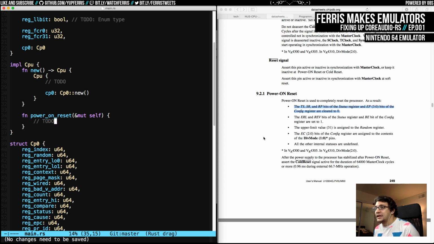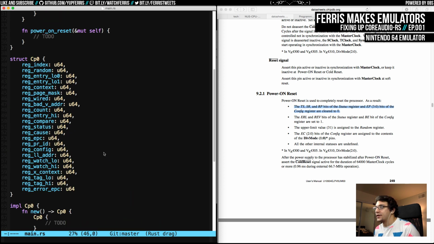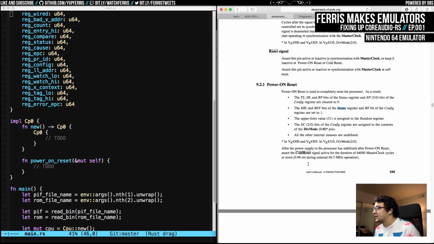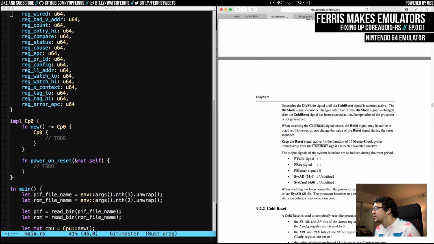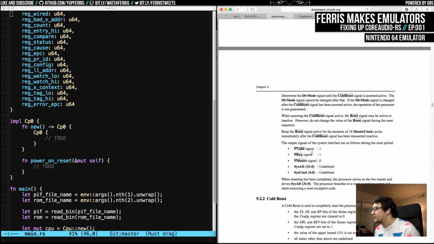Yeah, so what this is telling me is that the only real known states are these registers that are only part of the CP0. They are reset to known states, and all other registers are going to be whatever. And that's actually pretty sensible. That sounds correct. I'm going to go ahead and read a little more of this, but